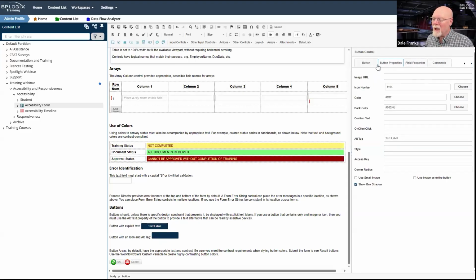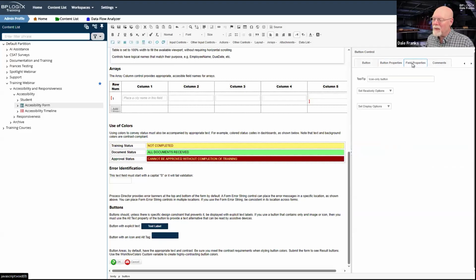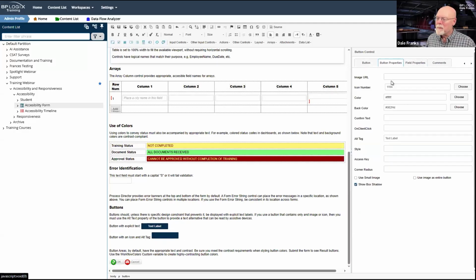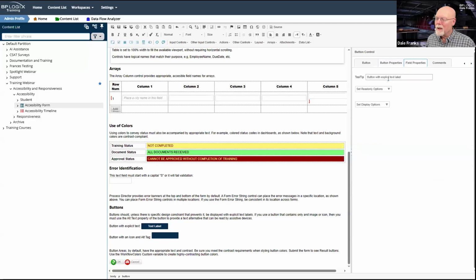Where am I getting my icon only button? Field properties. Ah, there we go. The tooltip. I'm putting the tooltip in there for the icon only button and the tooltip for the button with explicit text label. Couldn't remember where I'd thrown them in there.